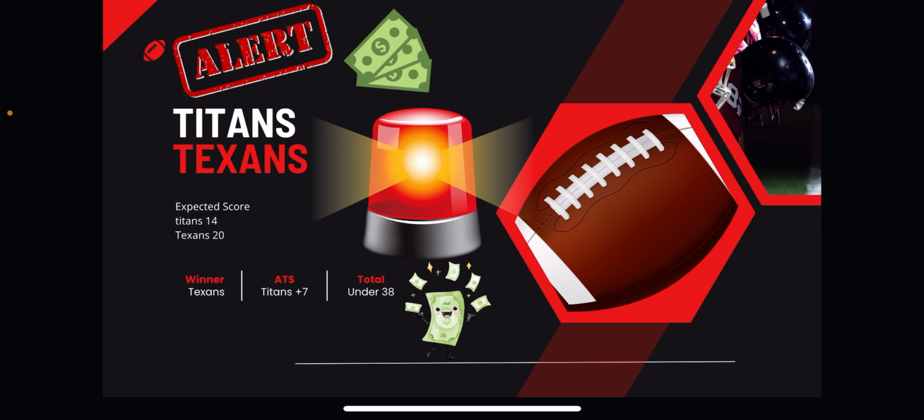Now, how do we want to play this? Number one, I'm still on the under. Even at 38, I'd still take the under. However, my favorite play is actually the Texans under 23.5. DeMeco Ryans does not like to run up the score. He is one of these coaches that will completely stop the offense and just sit on a lead and play run and defense. And that's totally fine.